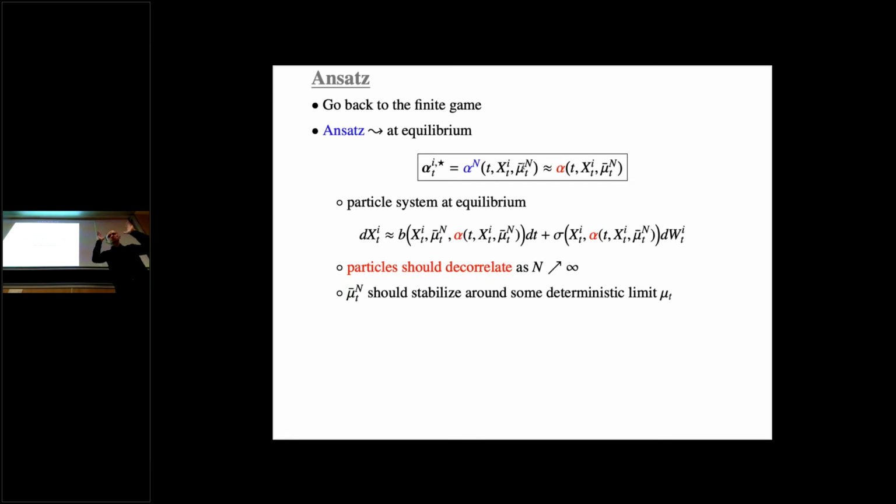Okay, so certainly it makes sense to say, when I compute an equilibrium strategy, I will be able to benefit from the symmetric structure of the problem, and certainly, at least in nice examples, my equilibrium strategy is a function of my own state and the state of the population. If you remember the shape of the coefficients, this is exactly the same. So I'm going to preserve certainly the shape of the coefficients.